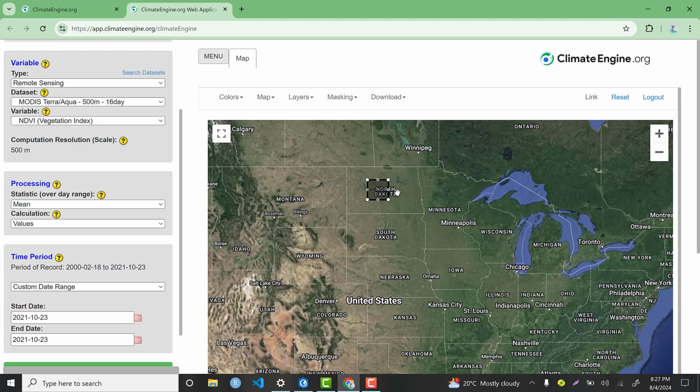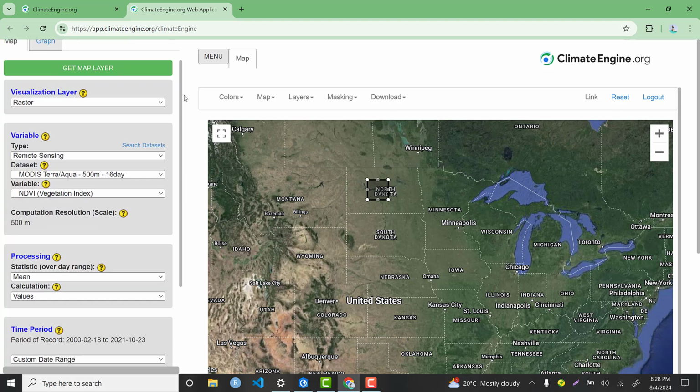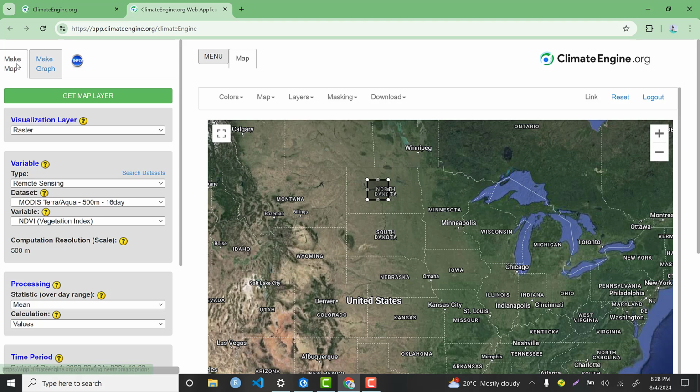So let's go to the practical aspect. I would like to download the NDVI for a certain geographic area throughout the world, since the dataset is available at the global scale, and you can go to your area of interest. I will show you a sample. So the first thing that we are going to do is go to the top. If you select this, we need to go to map, make a map. Then the visualization layer is raster, and I need to download